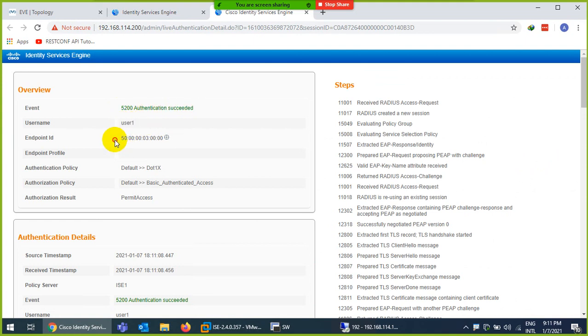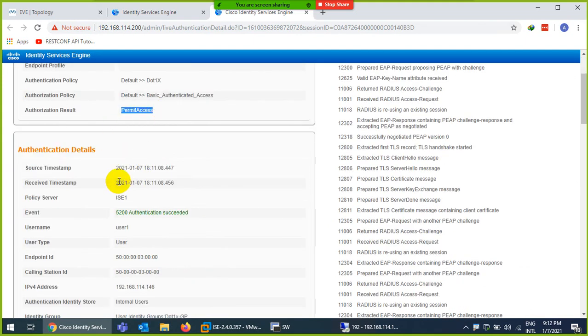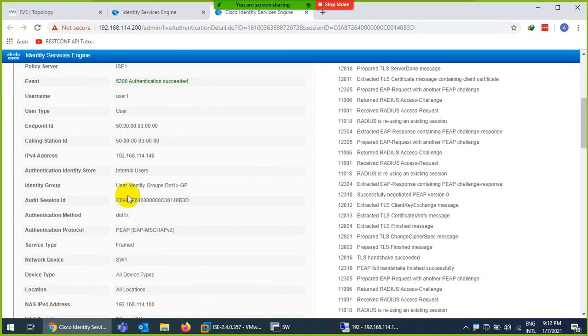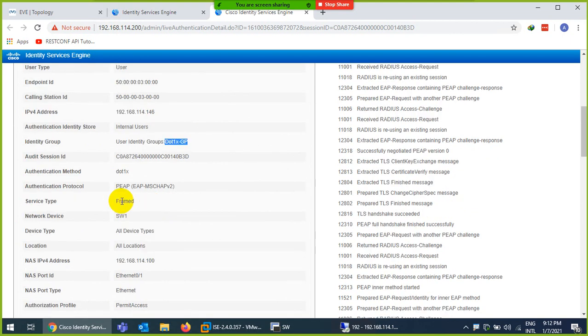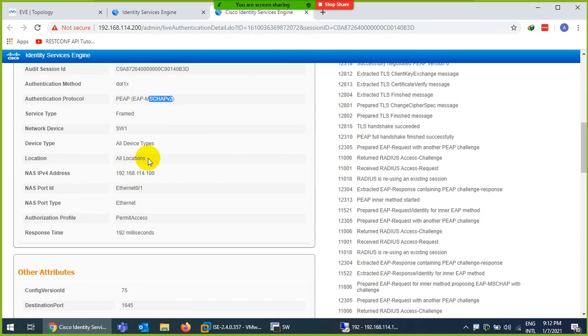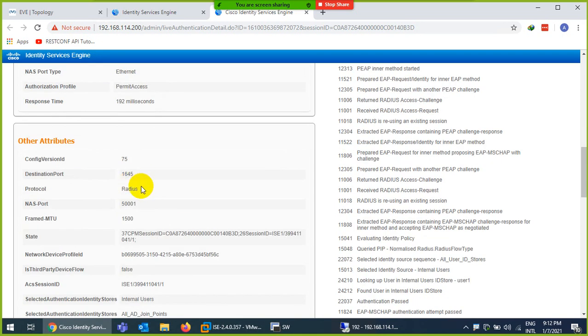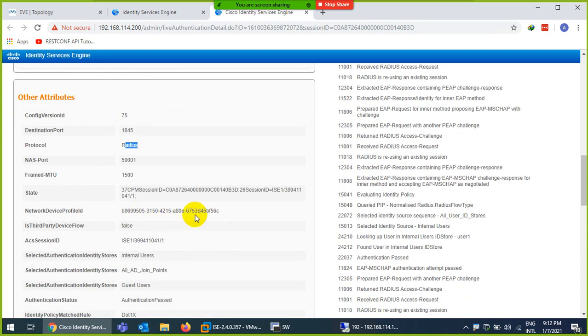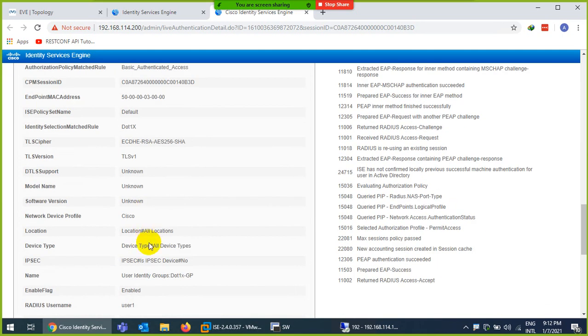There was a username. This is the MAC address of the PC. The method used was 802.1x. We used the basic authentication method and we allowed them. Okay, and user1, this is the MAC address. Group was the 802.1x group. You know, we created this user. And the authentication method was 802.1x. Protocol was PEAP and then it used MSCHAP. Device was the 114 switch. The PC was connected to the 0/1 interface, and these are the RADIUS details. RADIUS, and all the details of RADIUS.